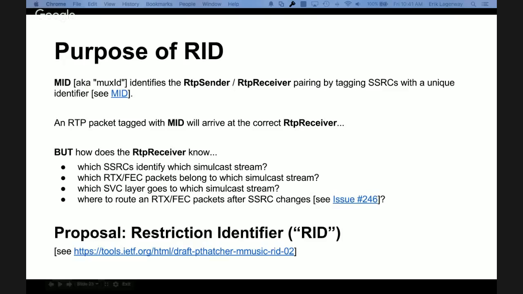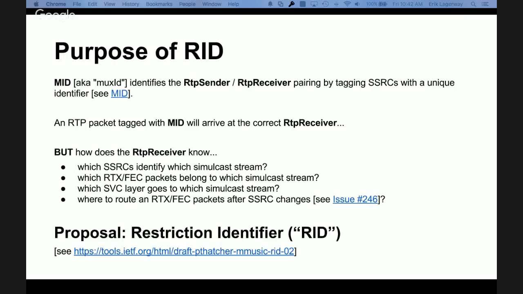So we already have a MID, or what we're calling a MUX ID, in the actual property, that identifies the pairing between a sender and receiver. So you can basically tag the packets as they're going out, and when they arrive, you can demux them and send them to the appropriate receiver on the opposite side. And you can create this nice mapping.